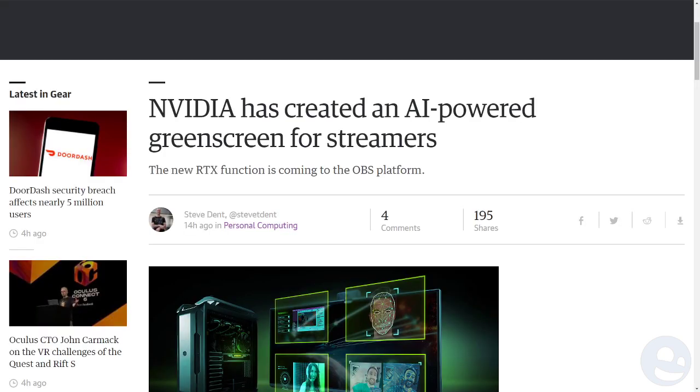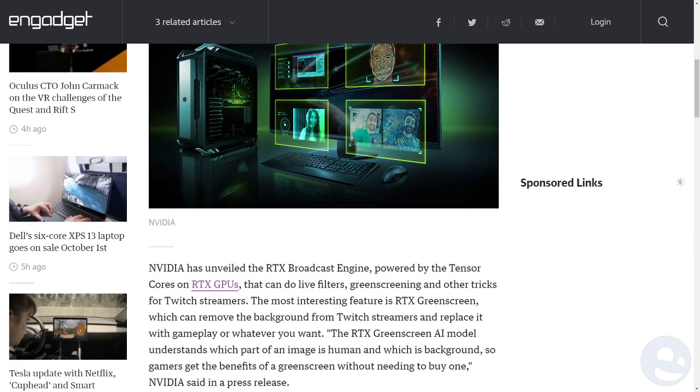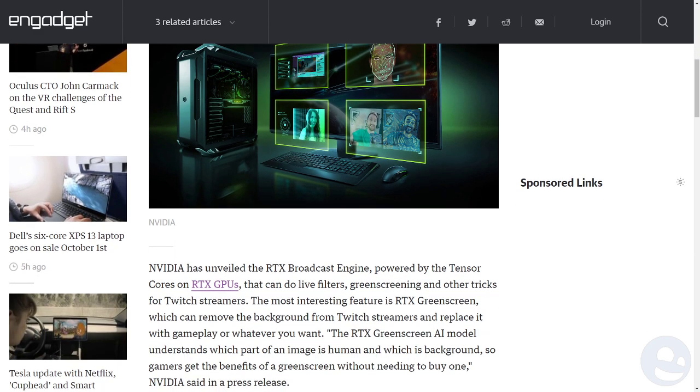Now, Nvidia, speaking of AI and controlling the world, has created an AI-powered green screen for streamers. You don't see much stuff for streamers coming from Nvidia, but this is a very streamer-oriented thing. Most of the stuff we see from Nvidia for streamers is in GeForce Experience, where streamers and content creators can record footage and stream. But now they've got some really cool RTX functions coming to the OBS platform. I like the way that sounds. The most notable thing in the headliner is that